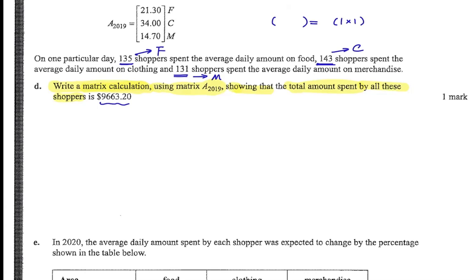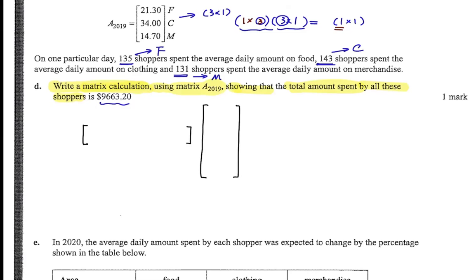because this matrix has order 3 by 1, we want to use another matrix to pre-multiply this A 2019. So this number and this number must match each other. This is 3. And finally, look at this number here. This would be 1. 1 by 3 times 3 by 1, okay? That means I could use a row matrix times a column matrix. So this will be,